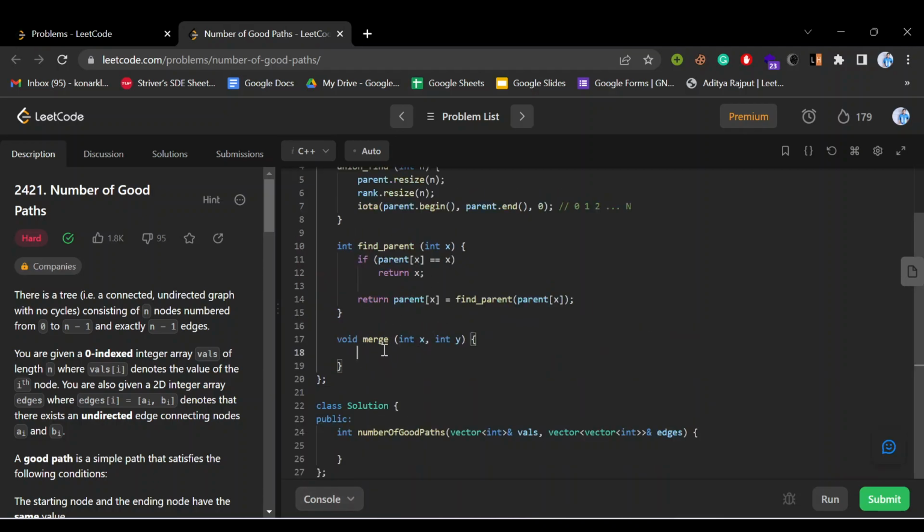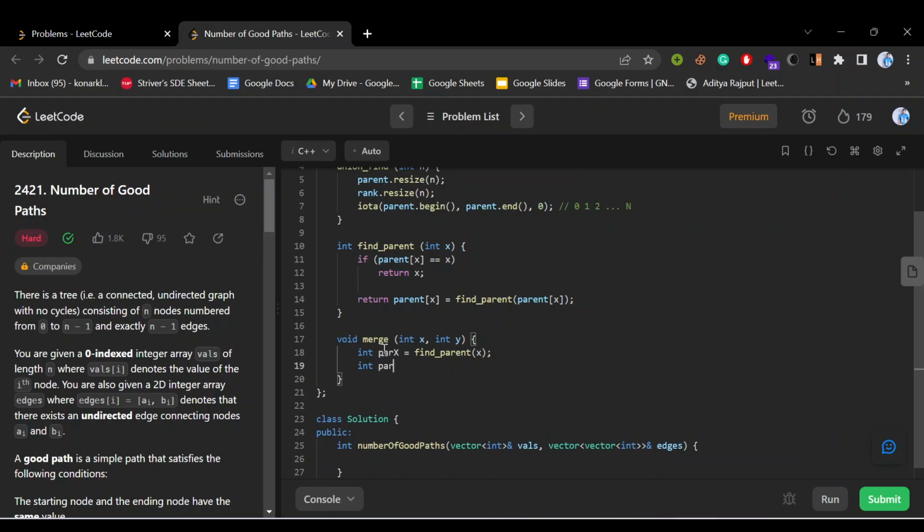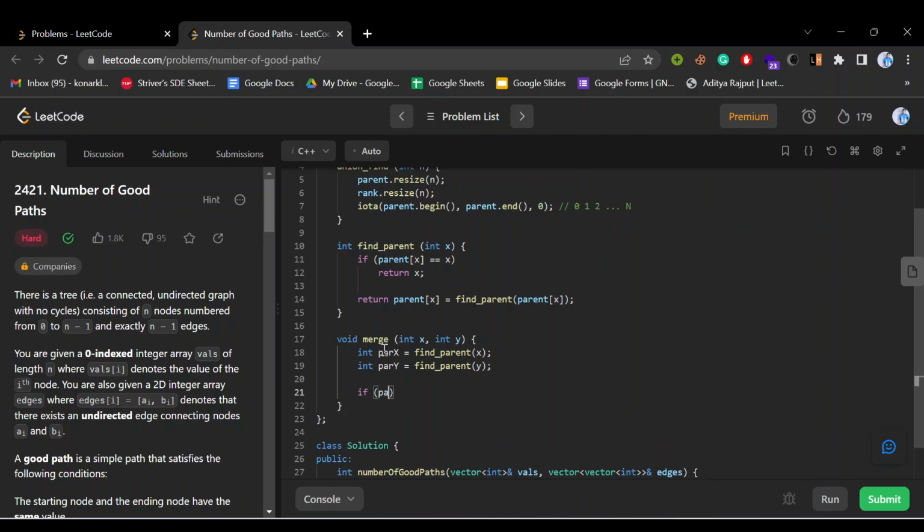First of all we need to get their parents. So I will say parent of x is equal to find parent of x, and parent of y is equal to find parent of y. So if parent of x is equal to parent of y, then it means they're already merged, right? We don't need to do anything, so we can just return. But if they are not, then we need to merge them, and we will be merging them based on their